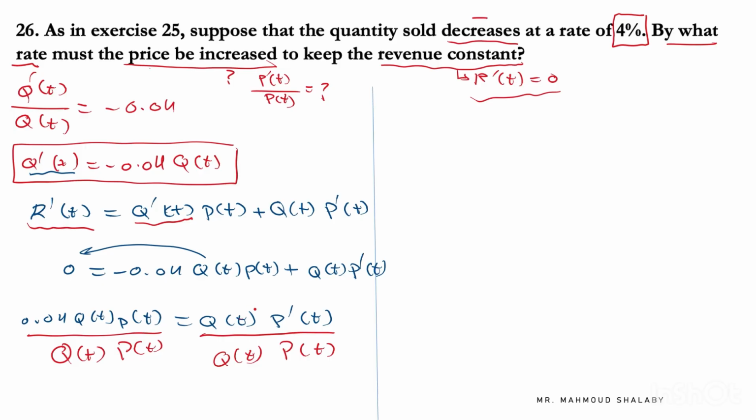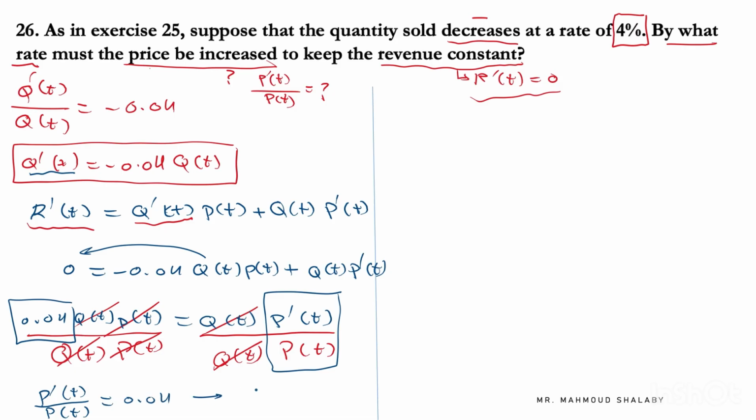Now these will be cancelled, p of t, q of t with q of t, so all the remaining part here will be this one and this one, so p prime of t over p of t equals